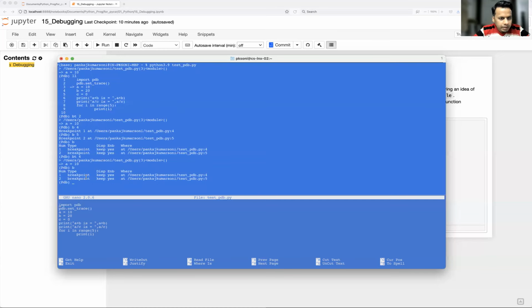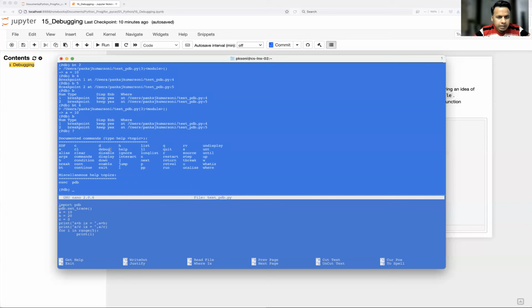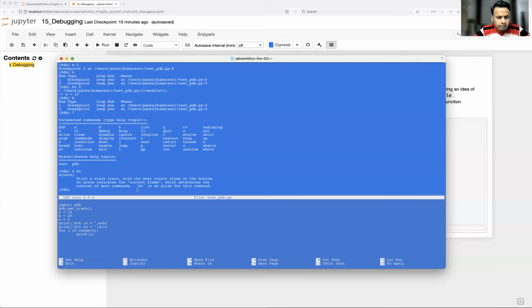Why it is not showing? Let me just check temporary breakpoint. Is it TV or BT? Not this one. TB.